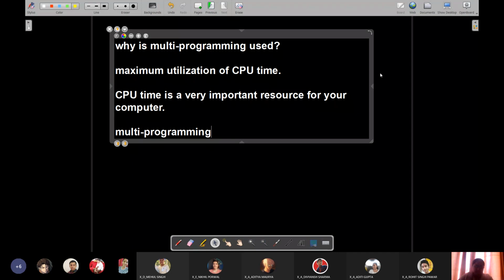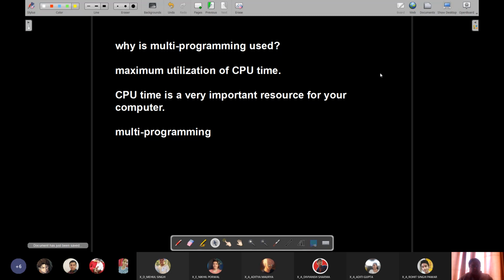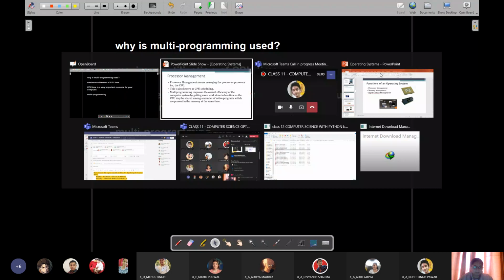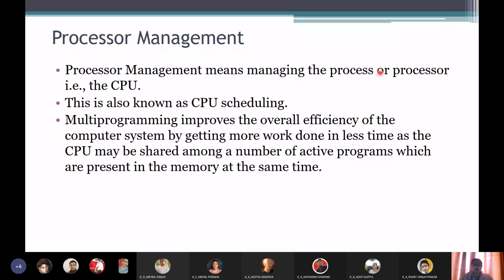As I had explained before, input output statements are also part of a program. Suppose the CPU encounters input or output statements in a program, it can quickly switch over to another program. In the meantime, the first program will complete its input and output, and the other program can execute, right? This way we can keep the CPU busy and also increase the overall efficiency of the operating system.